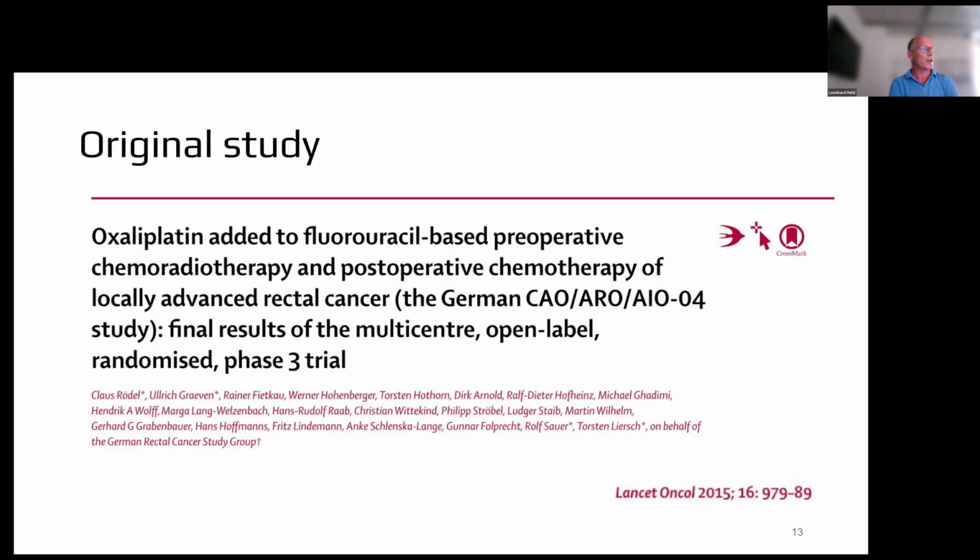But then fortunately, a colleague of mine, Thorsten Hothorn, who was also an author on this trial from 2015, alerted me to the fact that the data from this particular trial is actually available in one of his R packages. Right, and this is the trial we were then looking at here. So this was about locally advanced rectal cancer and certain treatments for this type of cancer, a big multi-center open label randomized phase 3 trial, I think primarily conducted in Germany.